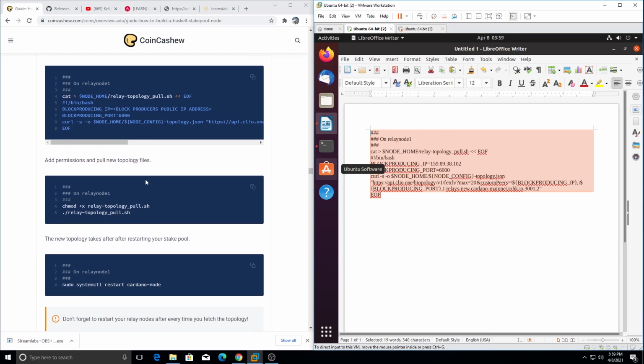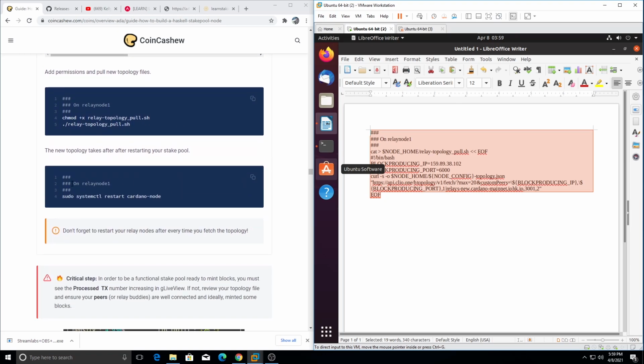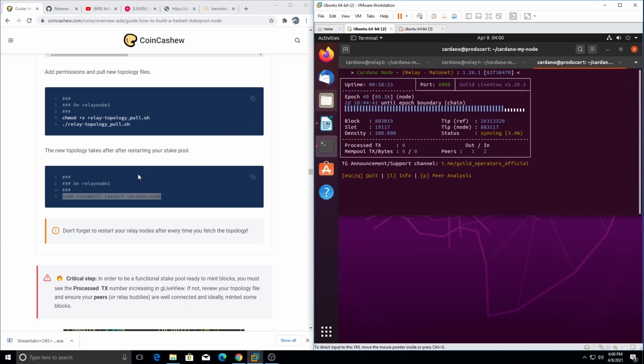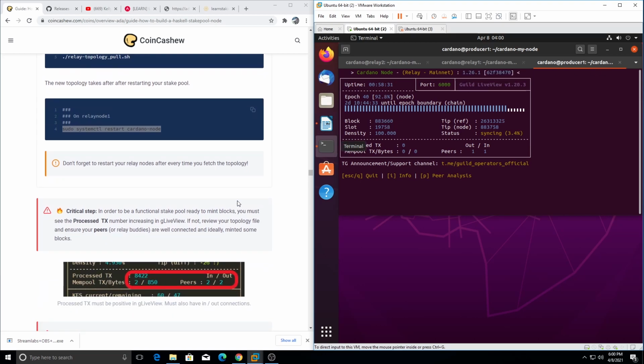Okay, so go ahead and do this step, and this step, and go ahead after you're restarting your node. I'd actually go restart all 3 of my nodes at this point. So restart relay 1, restart relay 2, and go ahead and just restart your block producer. It's not a big deal. And then